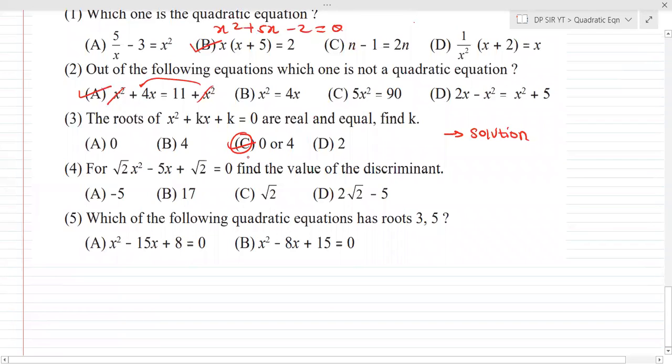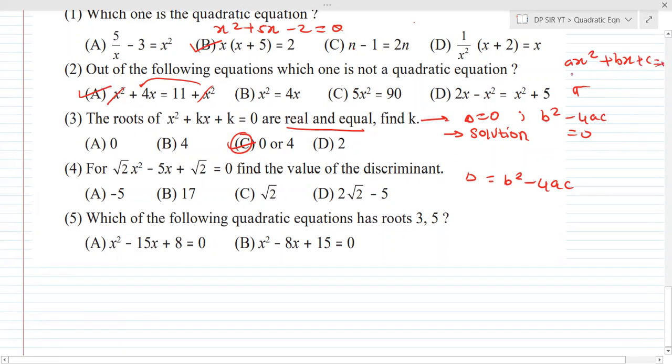Fourth one: 4 under root of 2x square minus y plus root 2 is equal to 0. Find the value of discriminant, that is delta is equal to b square minus 4ac. Here real and equal means that delta will be equal to 0. It means that b square minus 4ac is equal to 0. Compare it with the standard form, that is ax square plus bx plus c is equal to 0. You will get values of a, b, c. Substitute and you will get the answer. Here also I would apply the general form, compare, and you will get the same thing. And the answer here is, as per me, B. Since I have solved, I want you all to solve this. That's the reason I'm not doing spoon feeding. Otherwise, why did I teach the concept?